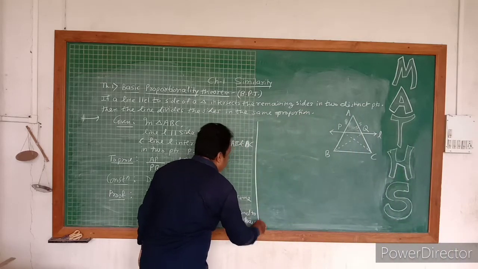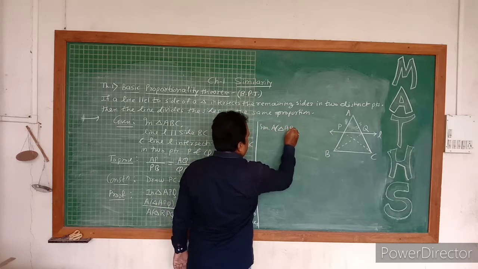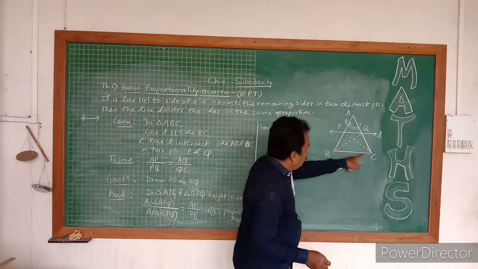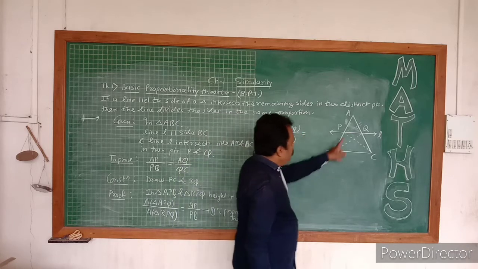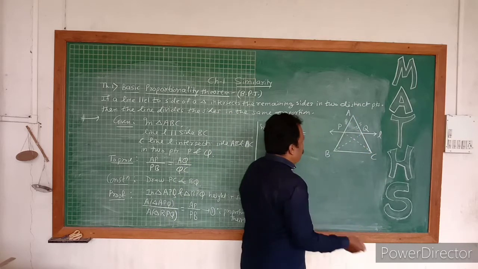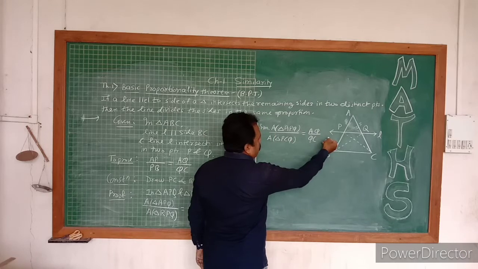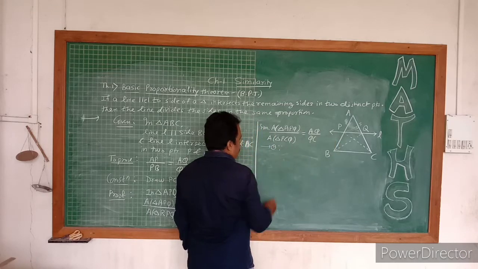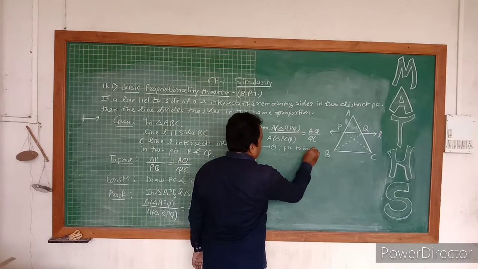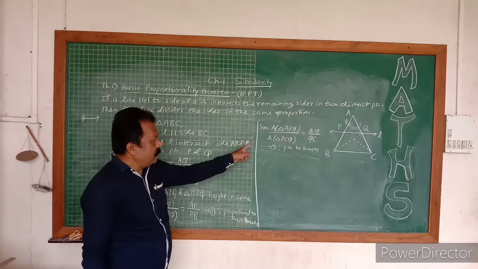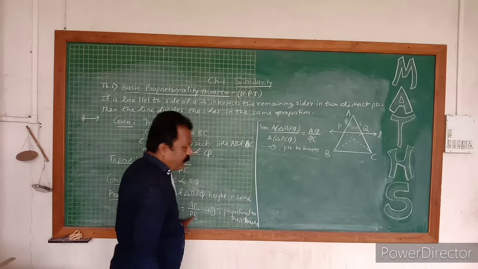Similarly, the area of triangle APQ divided by the area of triangle PCQ is equal to what? The height is the same, so the ratio is proportional to their bases: AQ over QC. For the same reason we write: proportional to their bases. These triangles have the same height, so the ratio of their areas is proportional to their bases. This is equation number 2, and this is equation number 1.